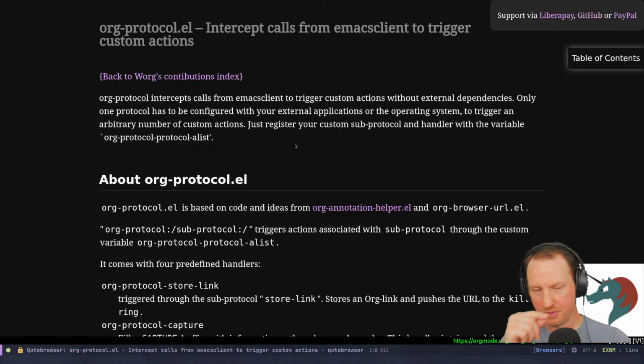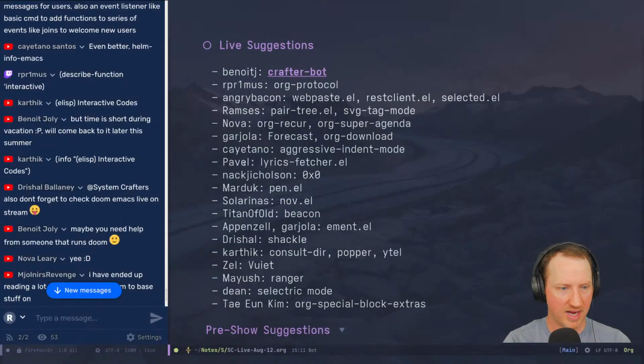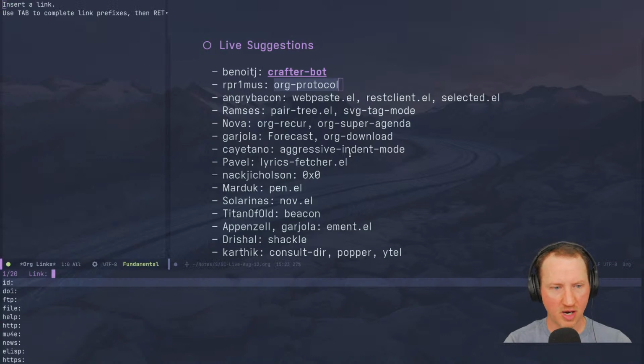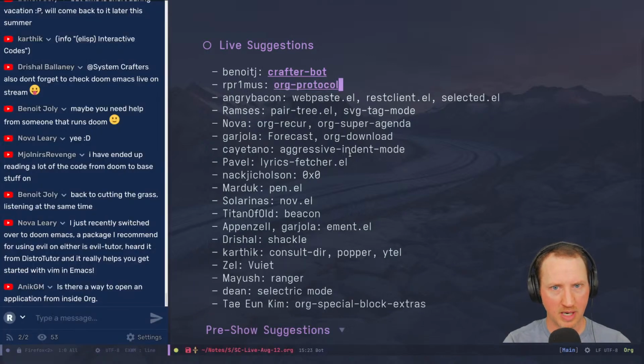But it's a little bit difficult to do this here right now, especially because of the way that my system is set up. I have not got it to work correctly for myself even, so probably that's something that we'll have to cover in a video at another point, but I want to have it there in case anybody has not tried it before and wants to try it. Is there a way to open an application from inside org? So you want to launch another application from org? I'm not sure.